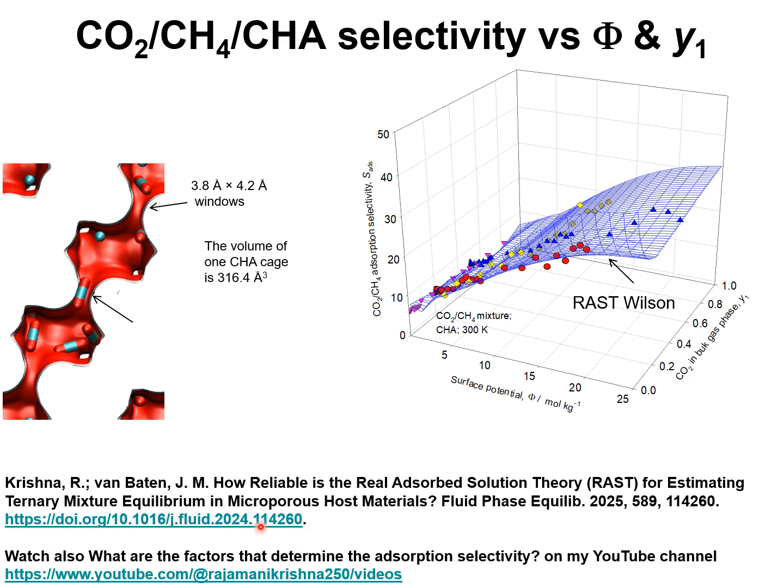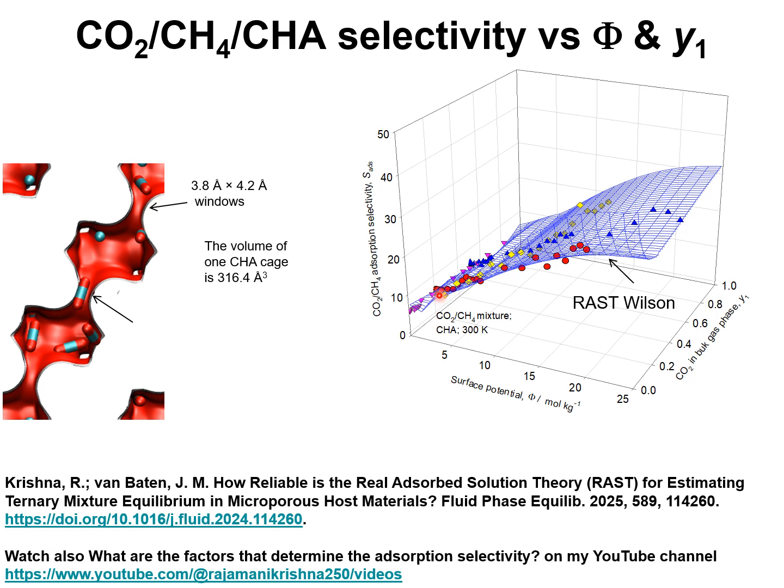As I have shown in my paper published in Fluid Phase Equilibria and referenced here, the deviations from ideality for CO2 methane mixture adsorption in Chabasite zeolite may be modeled using the Wilson model for activity coefficients, and